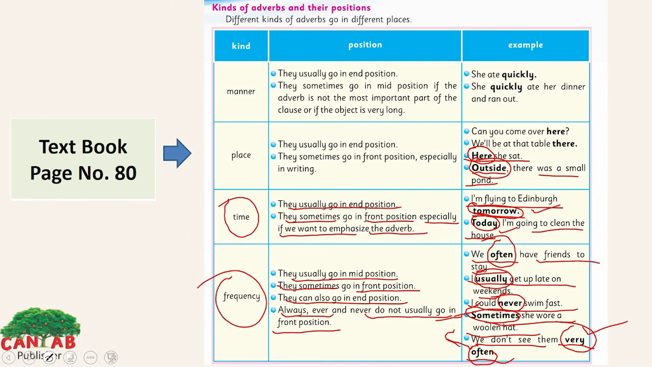So in this lesson we have discussed the position of adverbs. It's very important to remember this, that they can go in the mid, front and end. But there are some exceptions as we discussed, like always, ever, never. They can't go in front. They can be in mid,